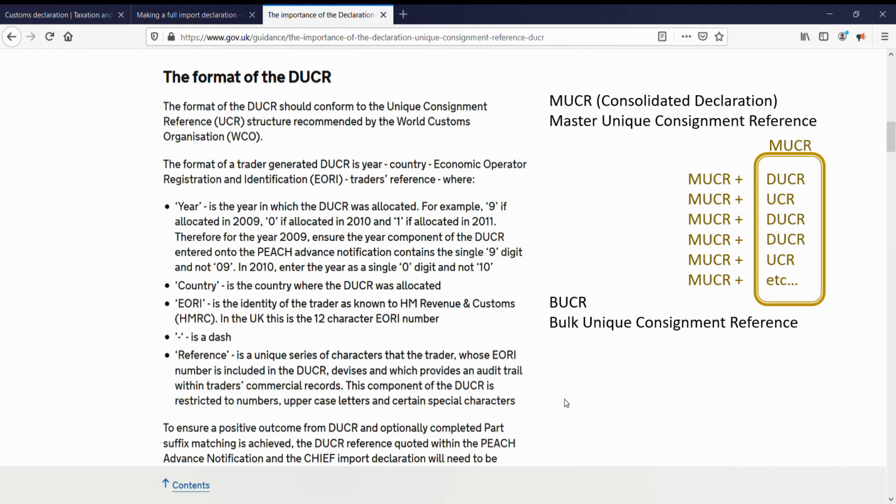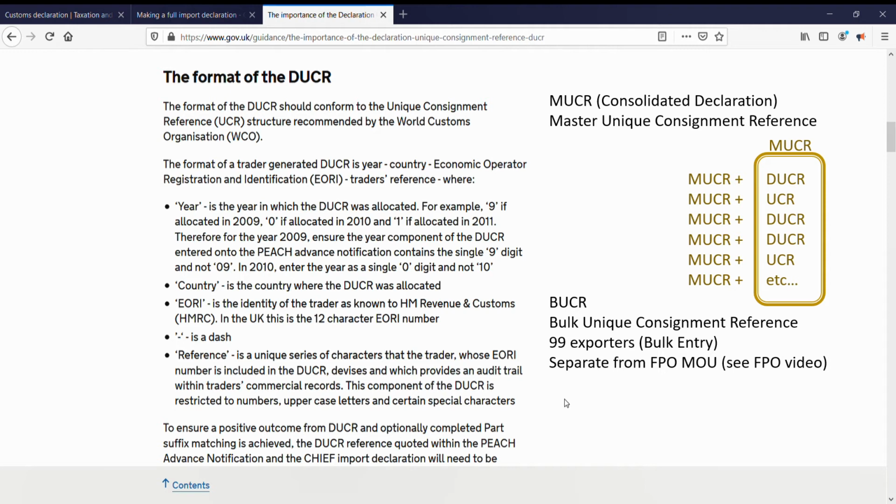What about the Bulk Unique Consignment Reference Number, or BUCA? A BUCA is a trader grouping mechanism, used within a DUCA or UCR. Grouping is done by attaching a label to one or more EORI numbers. And anyone approved for using the BUCA can submit one declaration for consignments from up to 99 different exporters, i.e., 99 different EORI numbers. This is called bulk entry. But it has a limitation of one consignee, i.e., one recipient, per BUCA label. The BUCA is not supported as a reference by Chief, so does not need to be unique, but the declarant must be able to use this BUCA to trace consignments back through their records. Also, it is a separate arrangement from the FPO MOU.